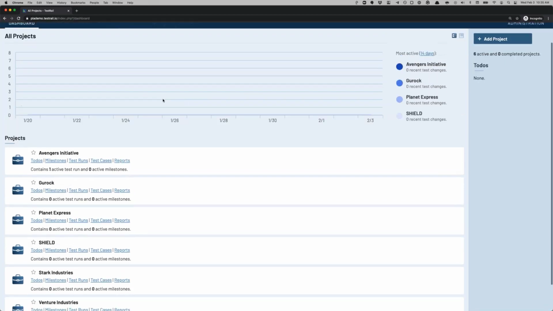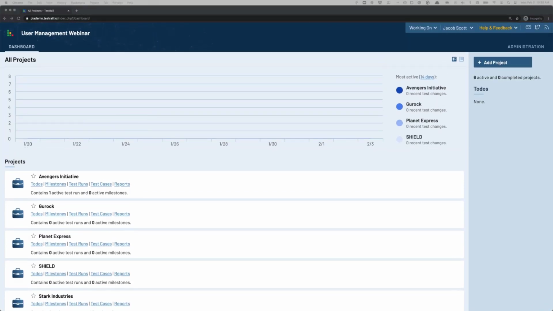So this is really useful for a number of different reasons, and it does support any SAML 2.0 provider such as Okta, Azure AD, Google, and many more. This is an enterprise-specific feature, so if you do want to take advantage of single sign-on within TestRail, you would need to check out our enterprise offerings. With SSO active, you can configure it so that users are given access to TestRail within the identity provider rather than